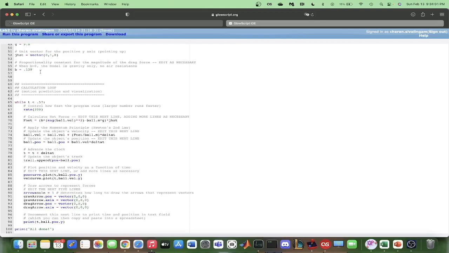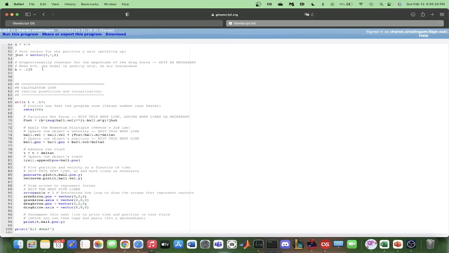This was found by trial and error to see which proportionality constant resulted in a similar end result position as the observed video. And this is multiplied by the magnitude of the velocity squared. So now we have the force of drag and the force of gravity in opposite directions, both affecting the motion